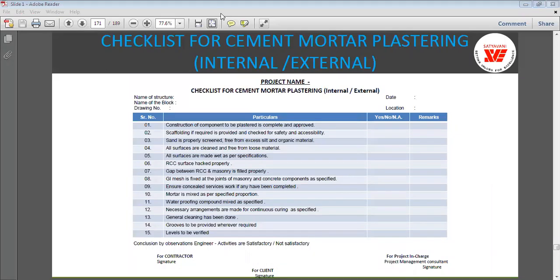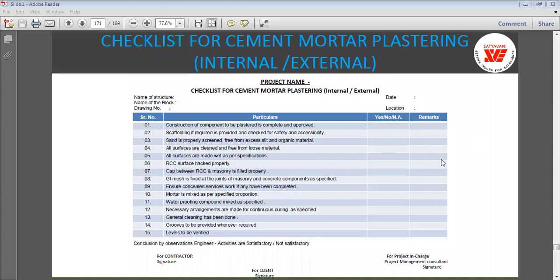Samarth, if you are having any doubt, you can ask me before proceeding. I hope no doubt. So scaffolding at every floor level, whether it is provided for the plastering or for the painting work also, scaffolding is required. And safety we want to check for that.